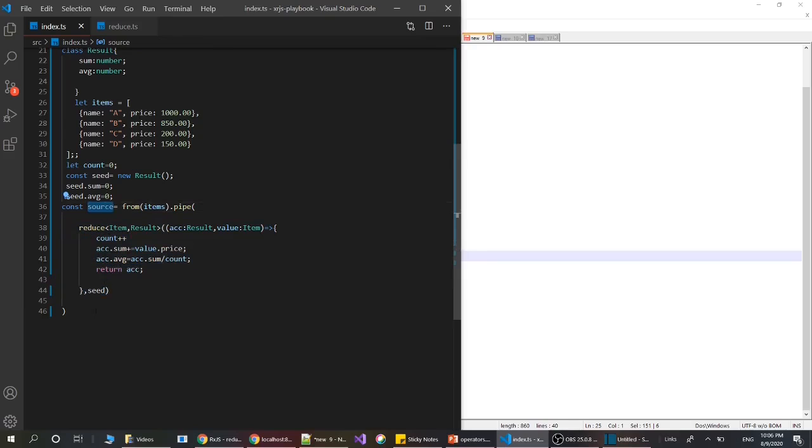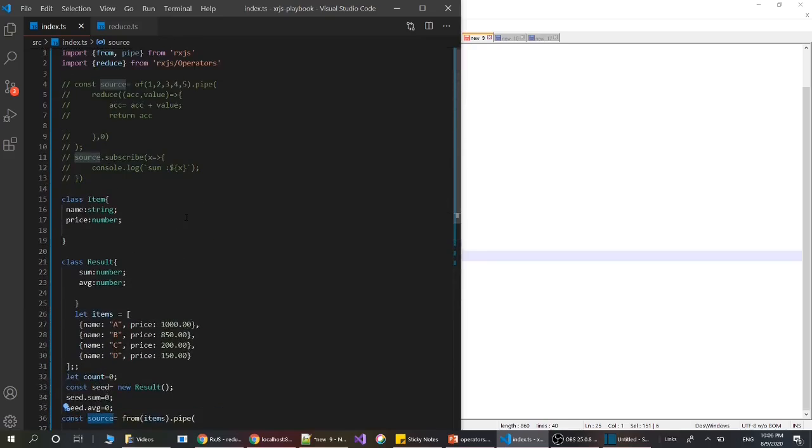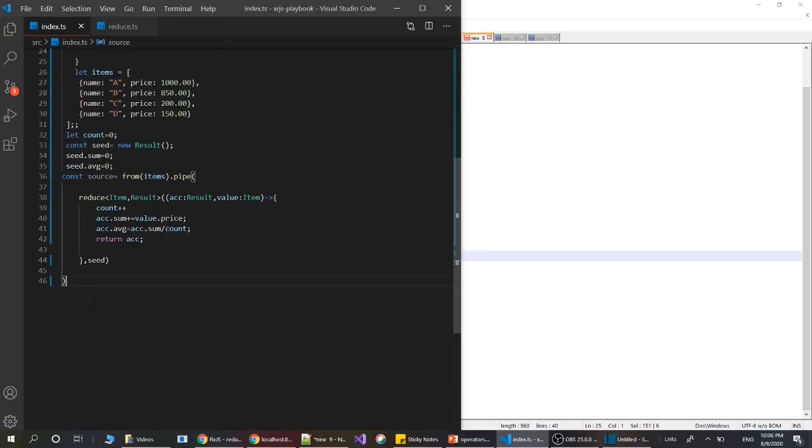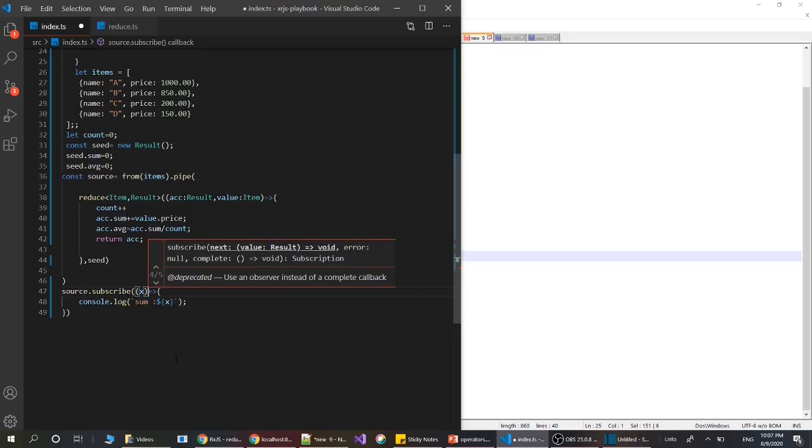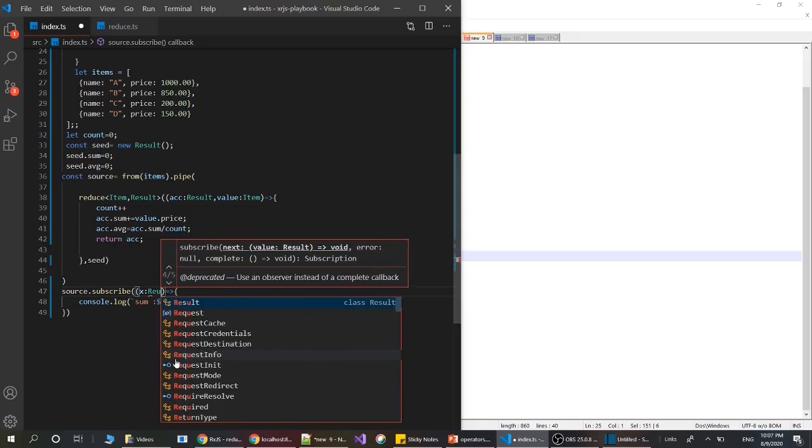Now we are going to subscribe to the value. We already have the subscribed source here, so I'm going to uncomment this code. In the next function we will get the type here, the result. So I'm giving the type here, the x result.